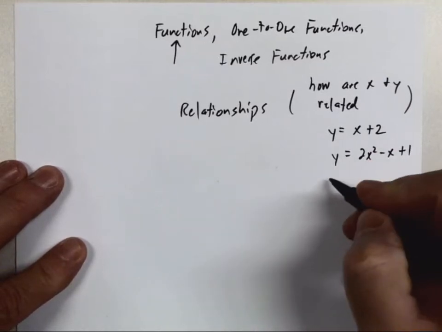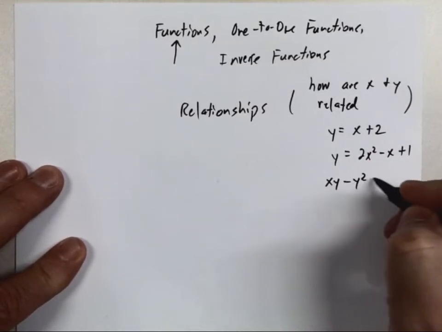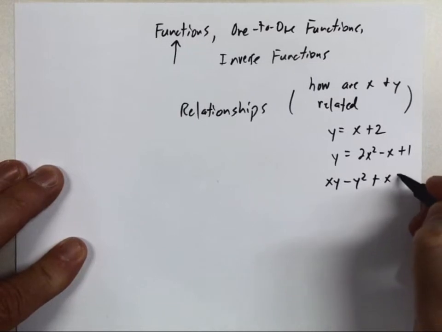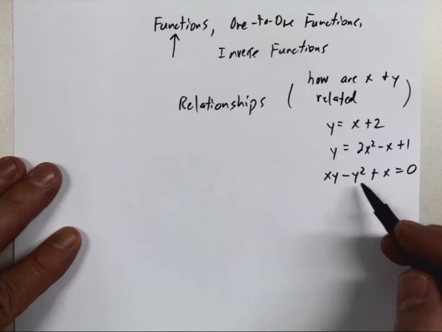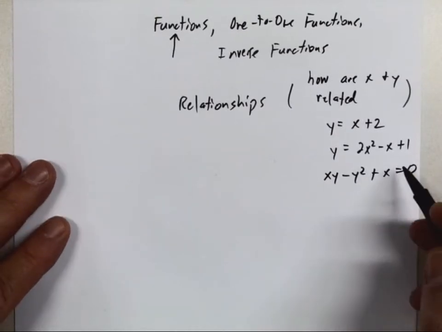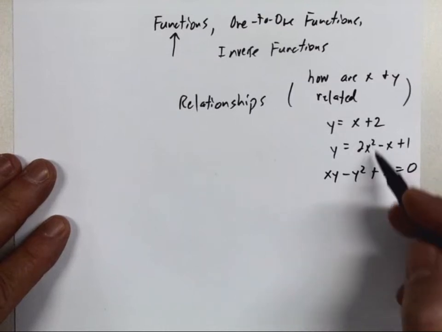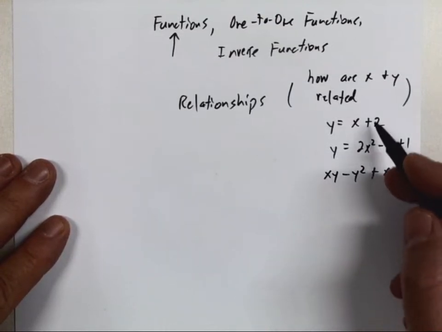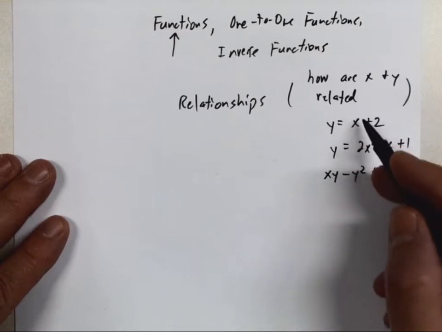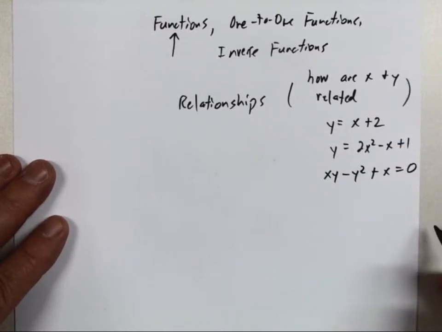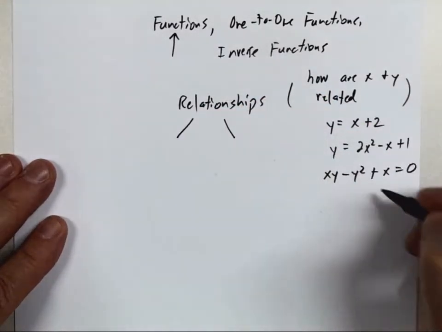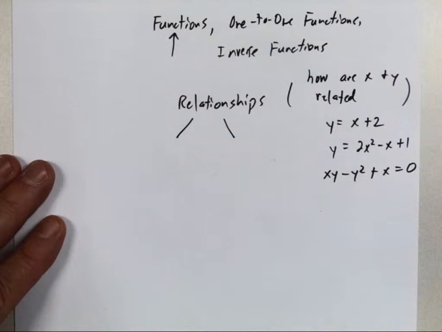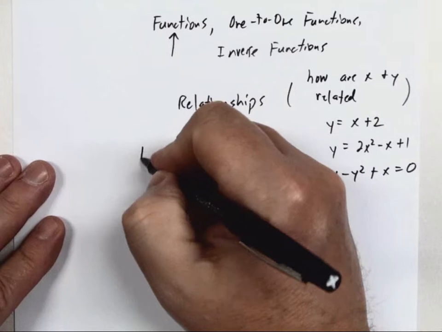Sometimes it's not even y equals something. You just have x's and y's, some kind of equation. So I call these relationships. These show how x and y are related to each other for these individual equations. Now what happens is you can look at all these different relationships and you can analyze them, and oftentimes those relationships end up being